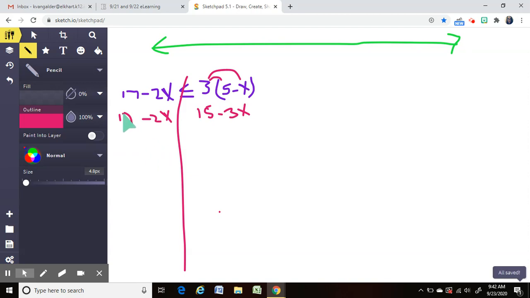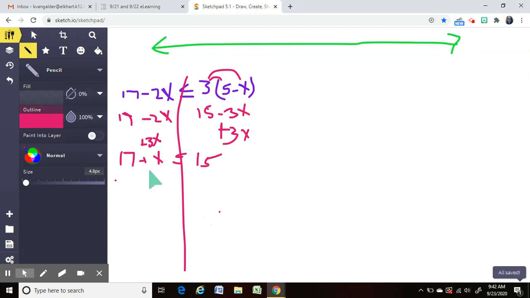Now I need to decide where I want my variables to go. I'm going to want them to go over here. No, I'm going to put them over here. I'm going to go with the smaller one and get rid of it. So I do the opposite to get it to cancel out. So now I'm left with 17 plus x, symbol's still there,